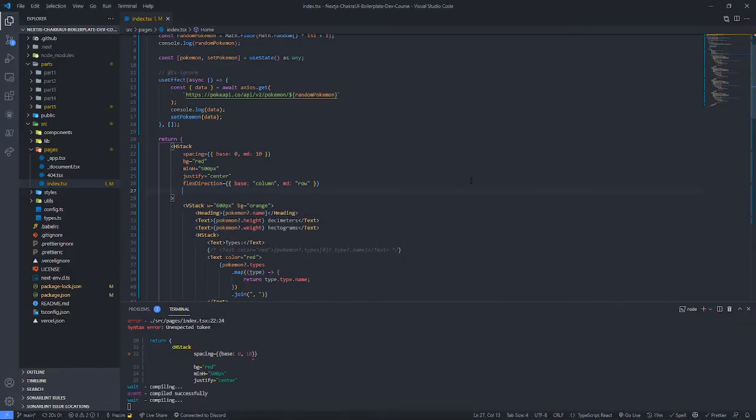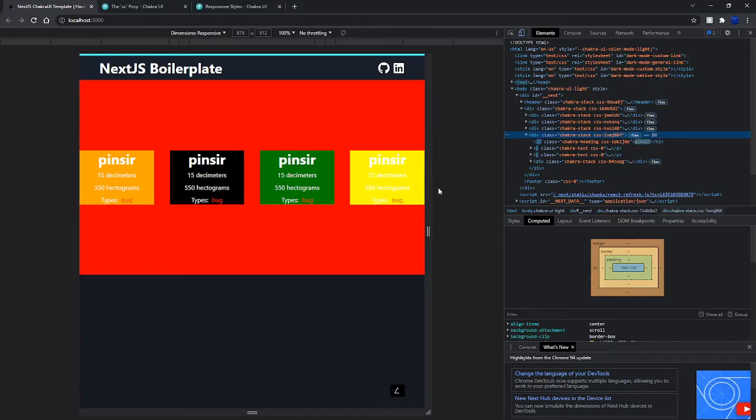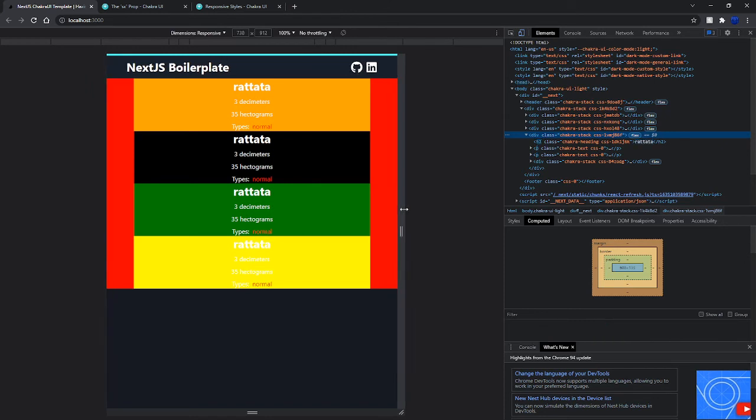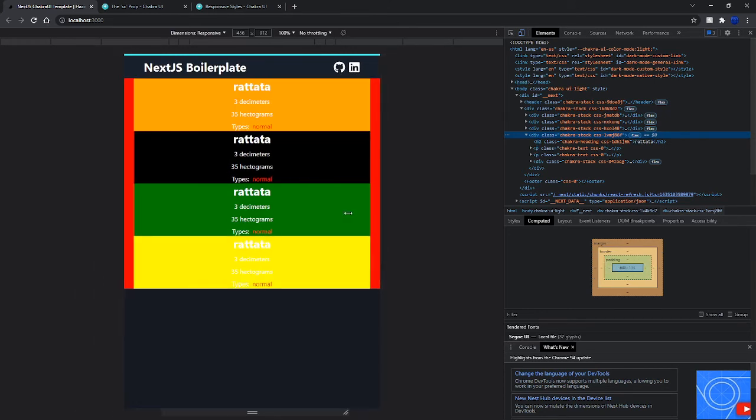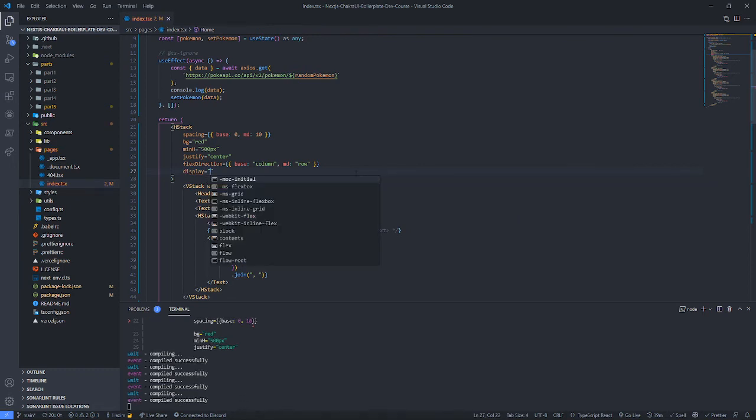Okay, so I'm going to show you something really quickly. In this VStack, I'm going to pretend like this doesn't fit properly on mobile. What if I just wanted to remove all these things? What I could do is set the display property, which is basically how it's going to be rendered on the screen,